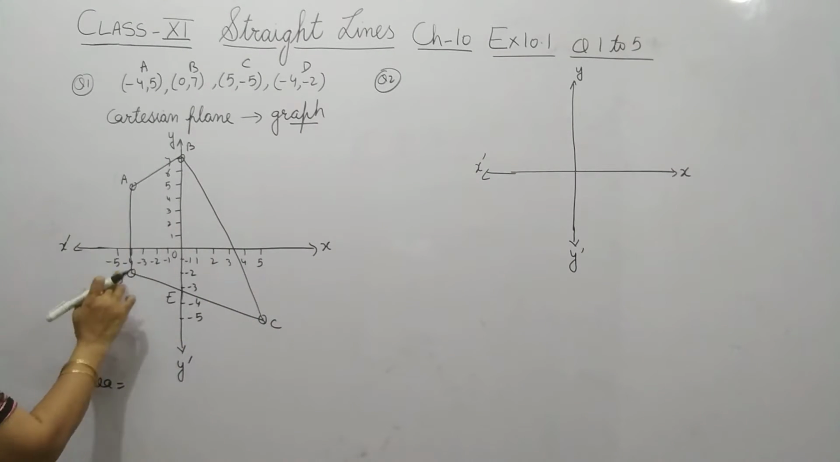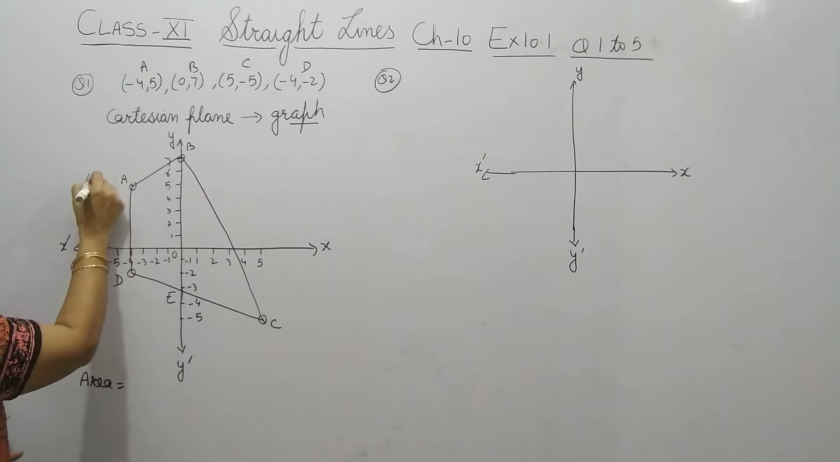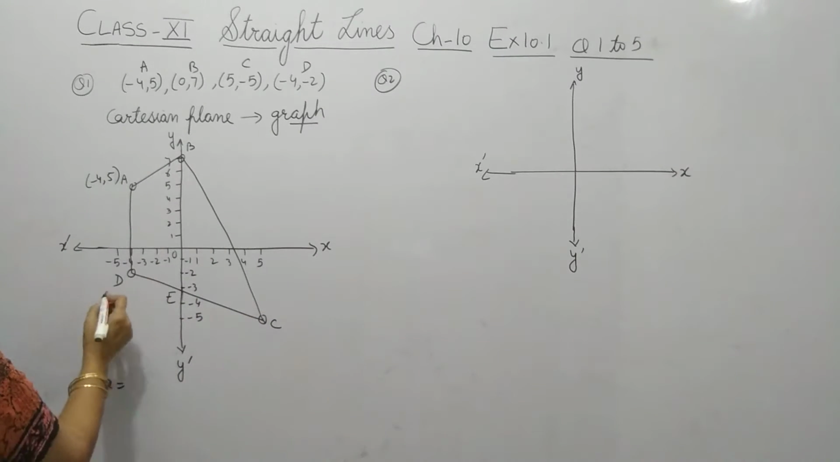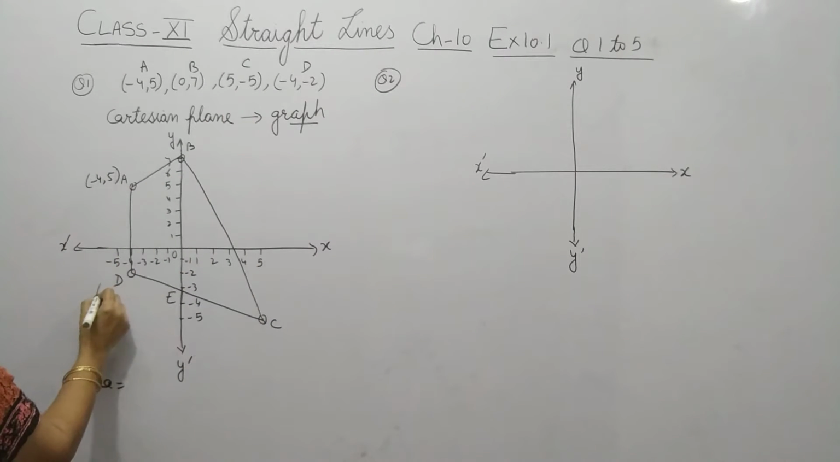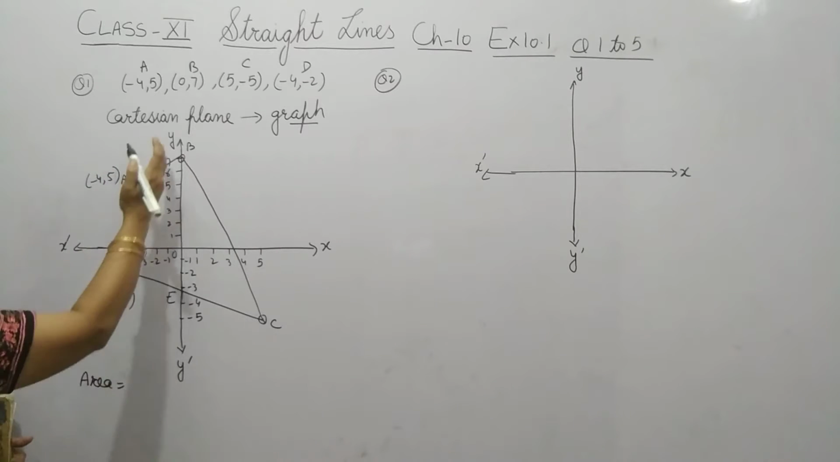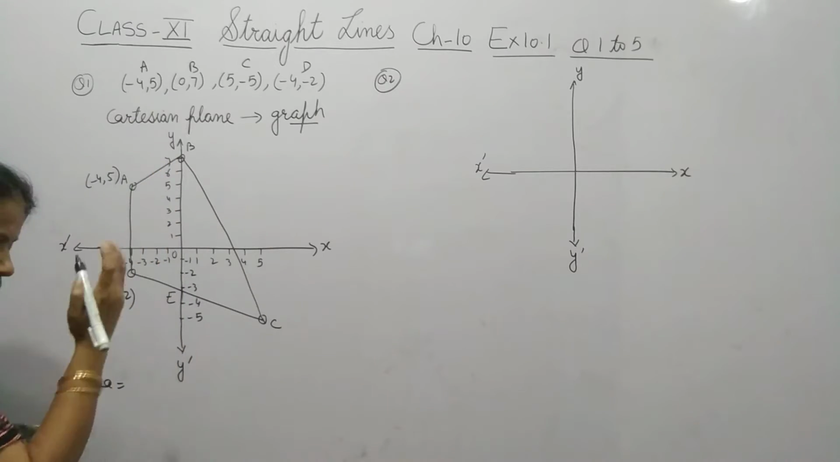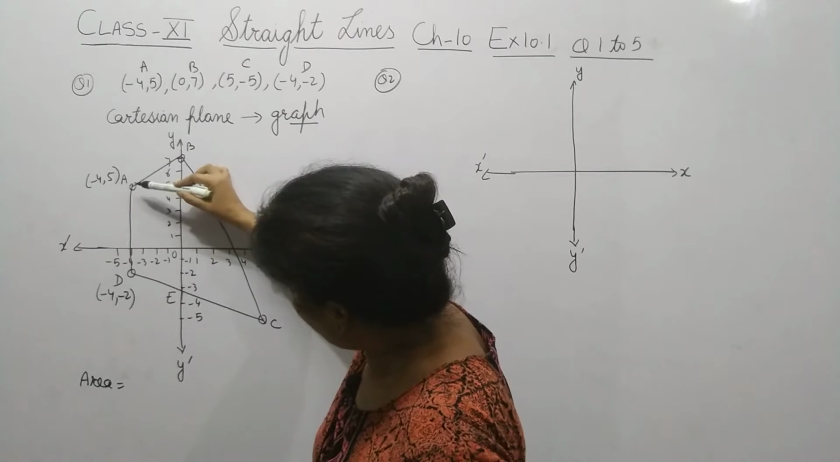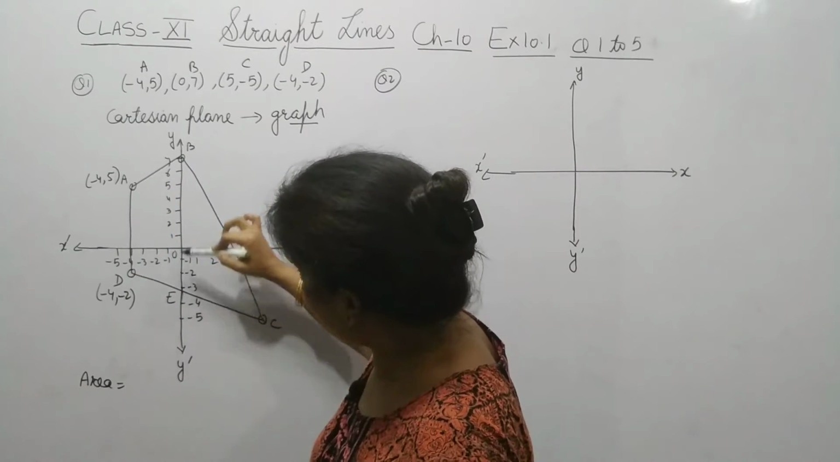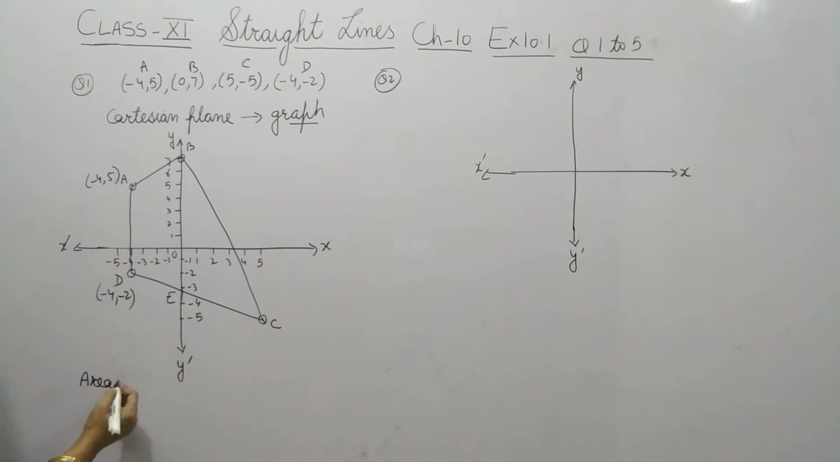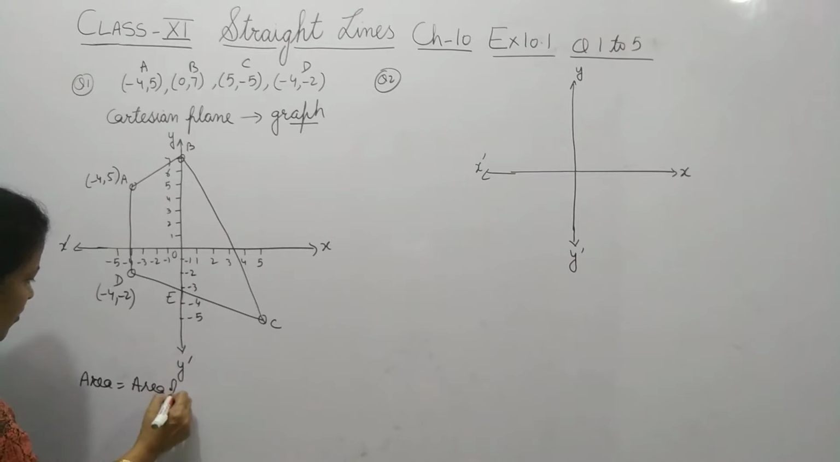If you look over here, the coordinates of A are -4 and 5, and the coordinate of D is -4 and -2. So this line is parallel to the y-axis. So what do you observe here? In this case, ADEB is a trapezium. So the area of this whole figure, this quadrilateral, is the area of the trapezium